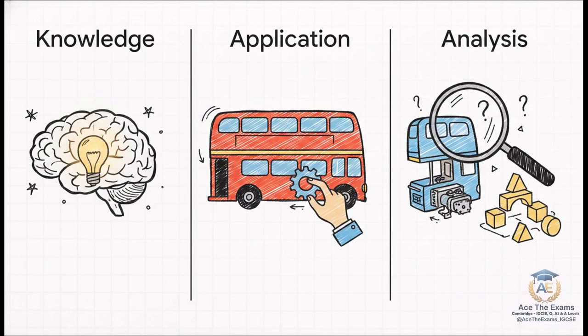Cambridge actively assesses three distinct cognitive domains: knowledge and understanding, application, and analysis. Remember Alex, our student from earlier? Alex had all the knowledge in the world, but absolutely zero application. And Sam? Sam tried to apply a really basic thought, but totally lacked the structural analysis to back it up. Examiners are testing these domains simultaneously. You have to recall the fact, apply it to the specific diagram on the paper, whether that's a crane, a double-decker bus, or a racing car, and then analyze why the physics behaves that way.